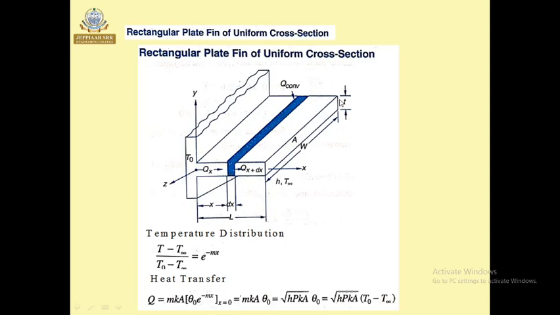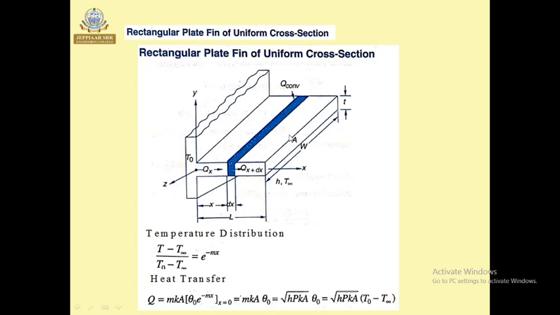The thickness will be t, the area will be A, the width of the fin will be w and the length of the fin will be taken as L. The temperature distribution is expressed by the formula (T minus T infinity) divided by (T naught minus T infinity) equal to e power minus m x, where T naught is the base temperature, T is the temperature at which we want to find out, and T infinity is the atmospheric temperature, and m is a constant equal to square root of hP by KA, where h is the heat transfer coefficient, P is the perimeter, K is thermal conductivity and A is the